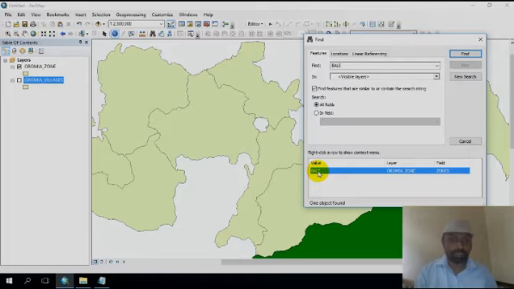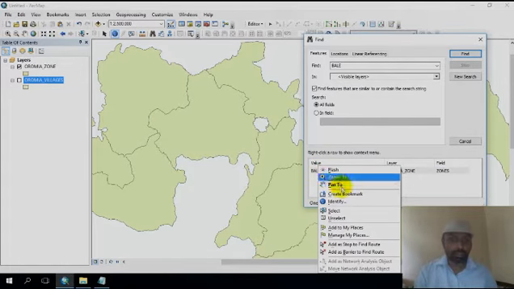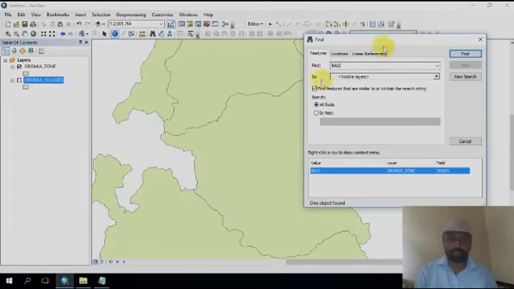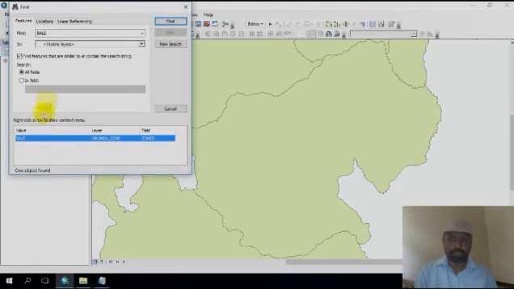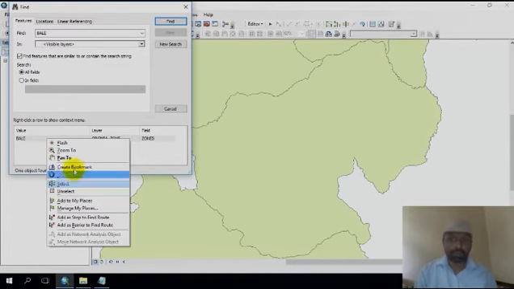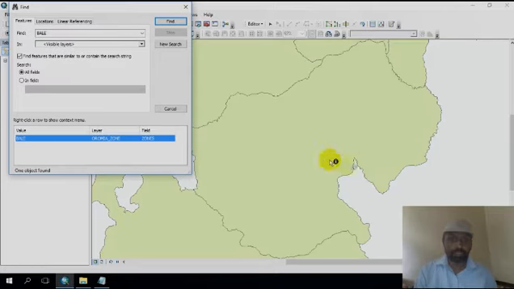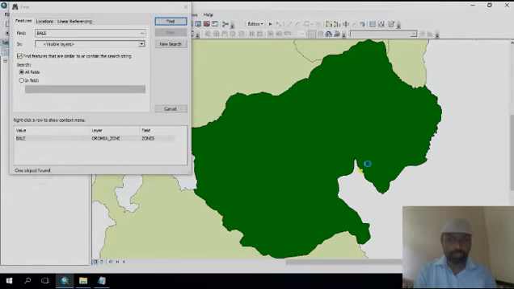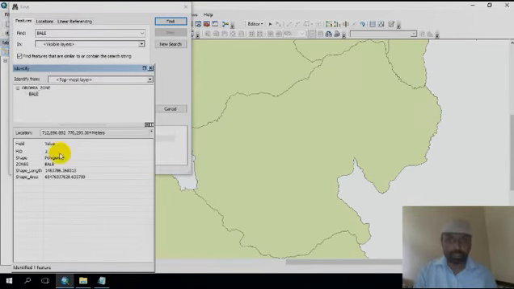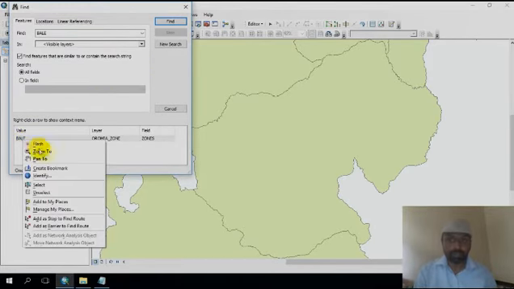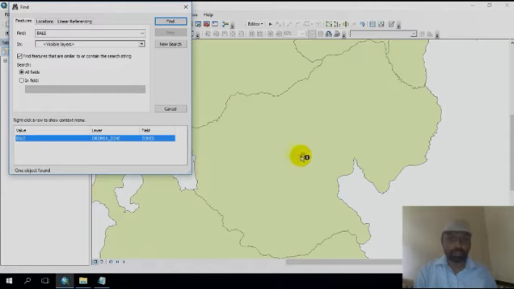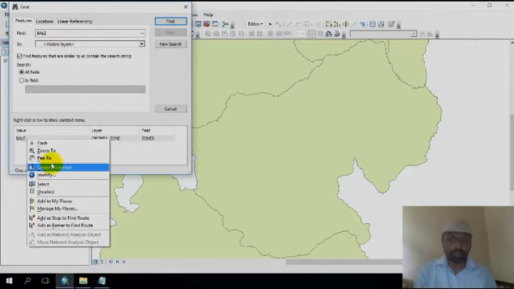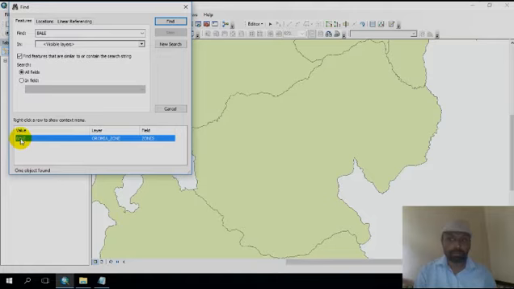Here right click, you can zoom to layer. You can see, zoom to means it will show you that this is Bali zone. Suppose we want to know about the identify also, you can just click it. It will show you the Bali zone, and you can use the pan also, pan to the particular Bali zone.